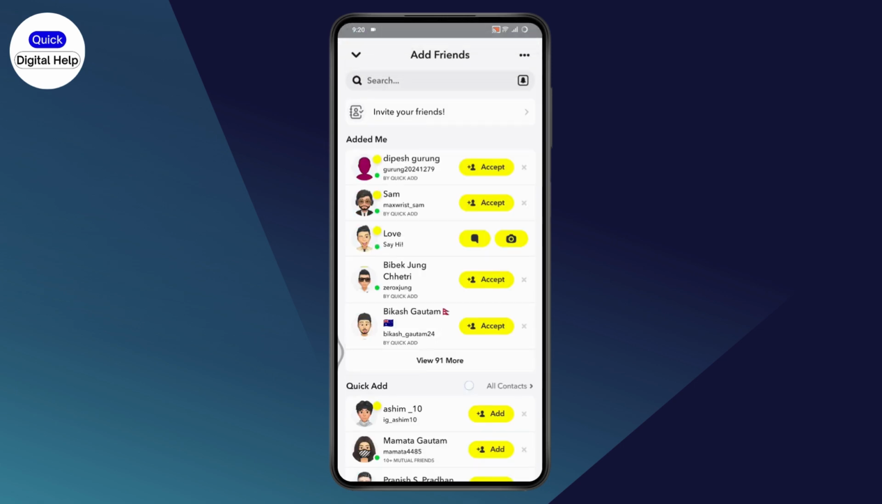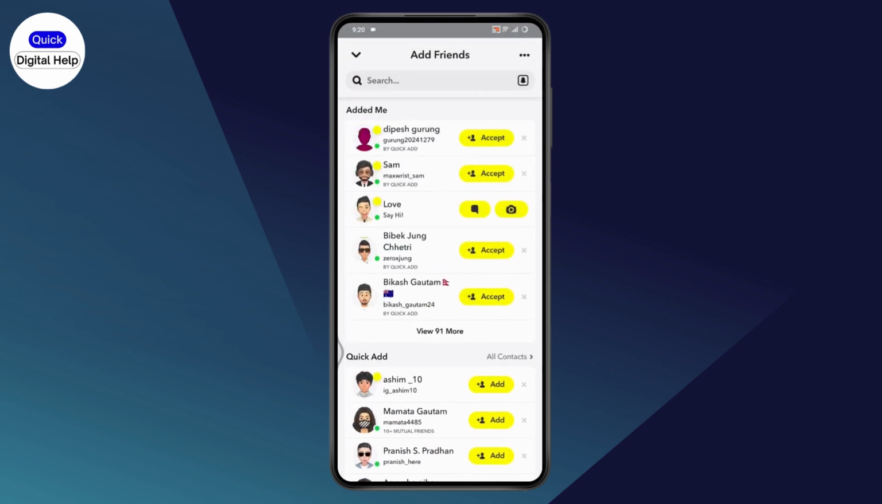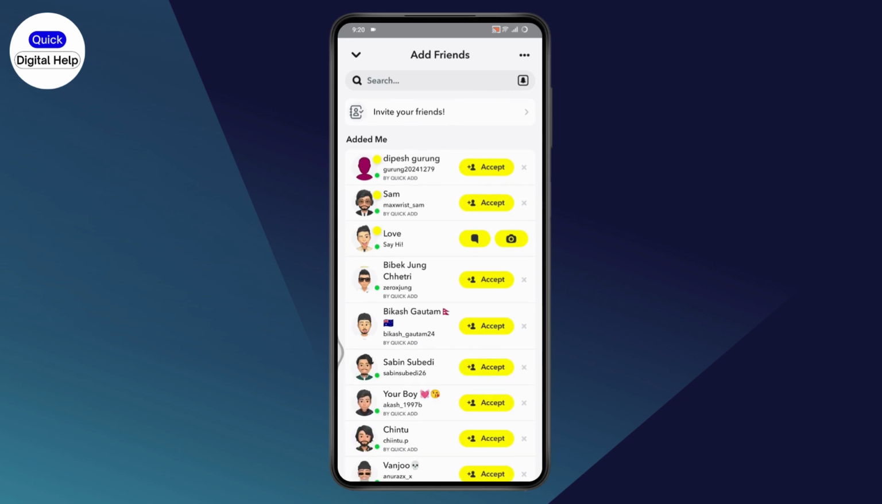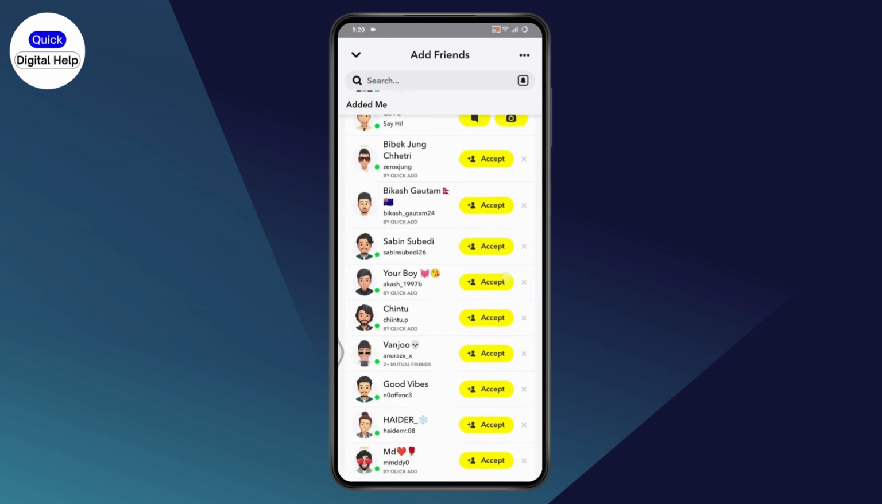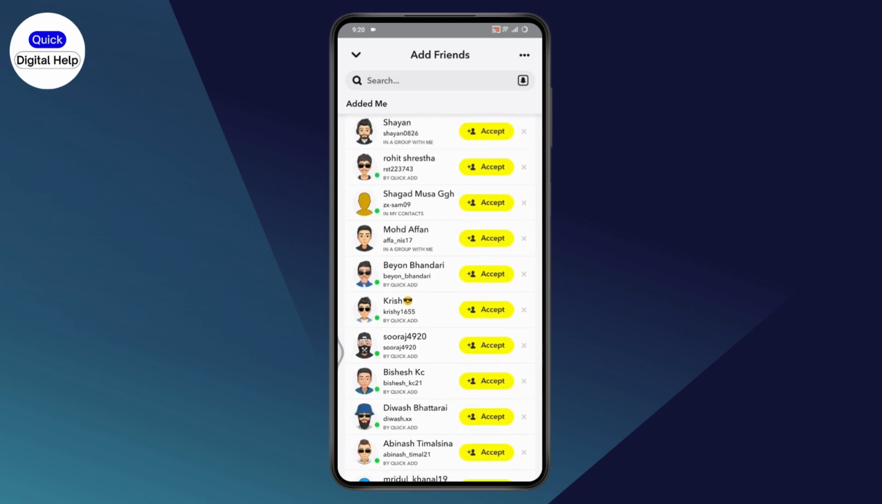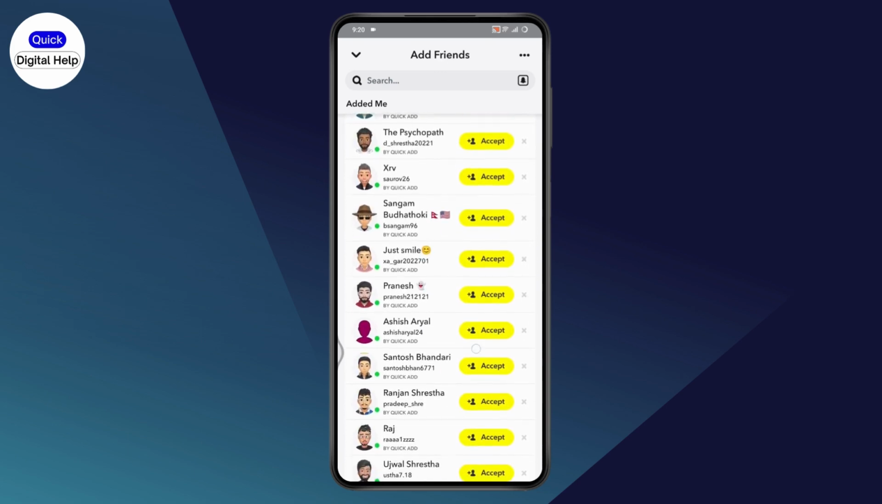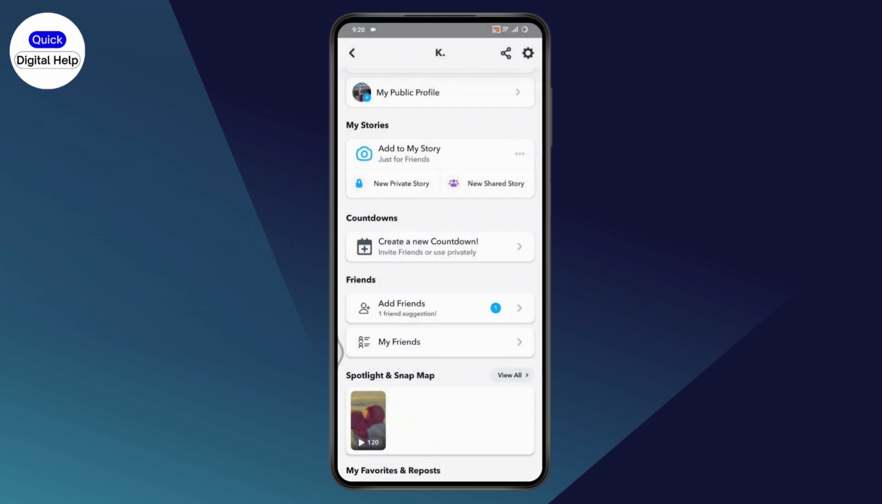Under add friends, here also you will have a lot of members that follow you on Snapchat. So the persons that you have here under the added me option are all your followers. So in this way you will have some idea about your followers, and if you have any questions, feel free